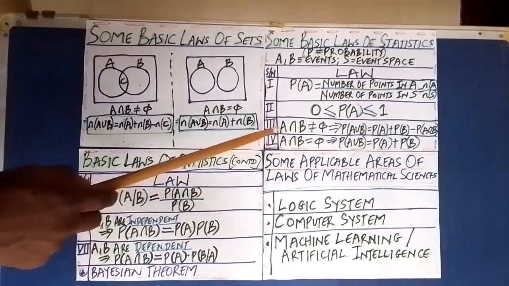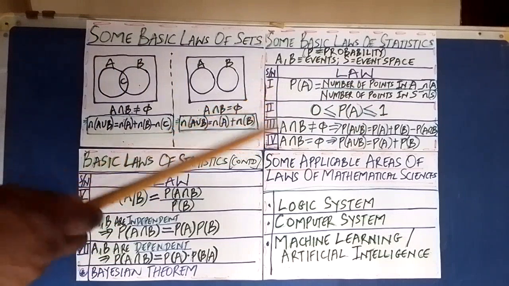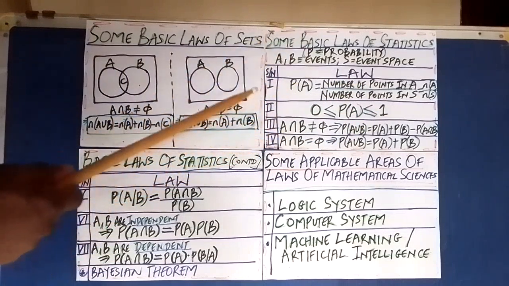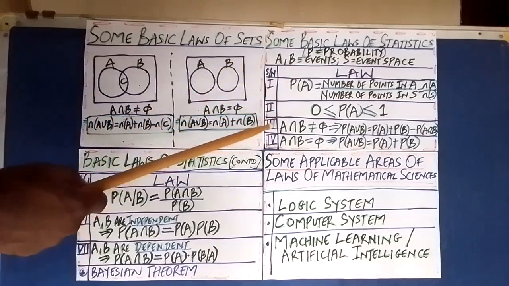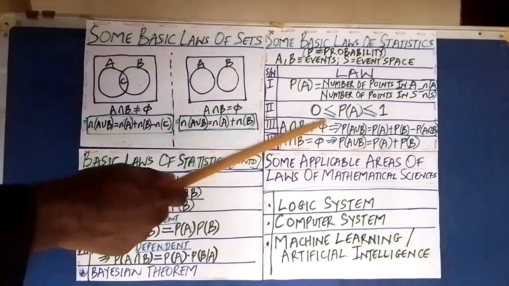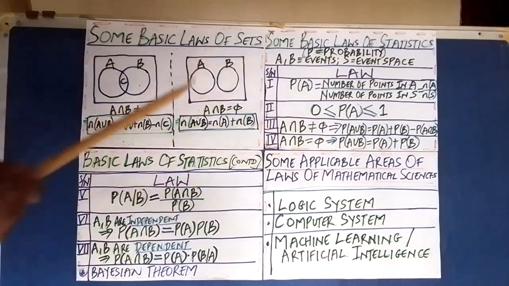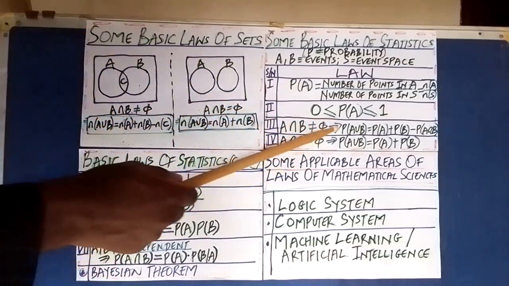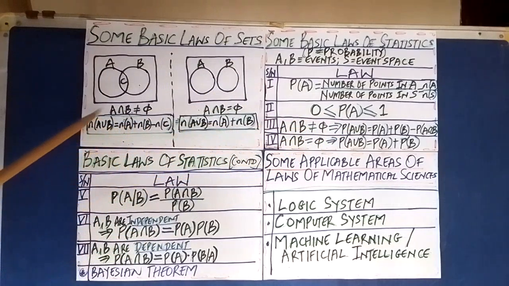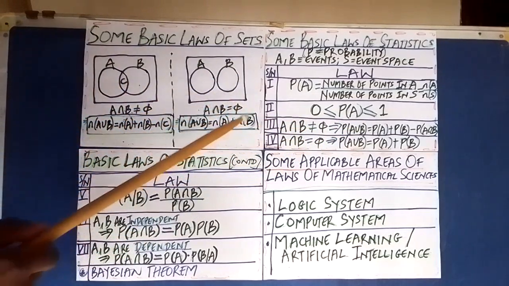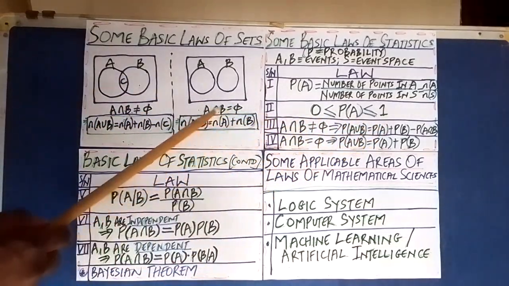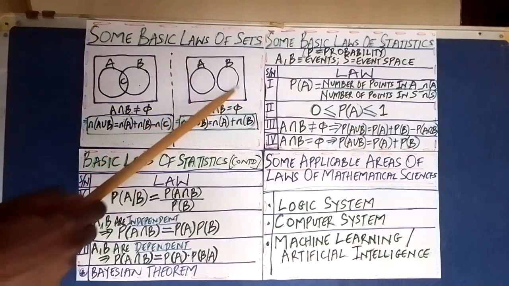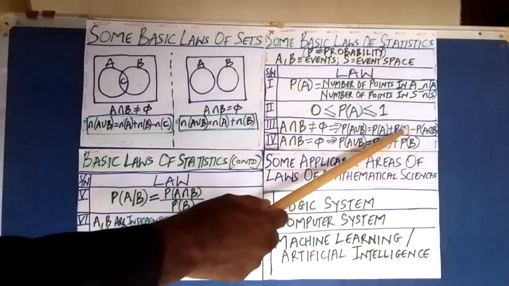We move to the third law of statistics. Technically, it's not necessarily referred to as the third law. So if your A intersection B is empty, just like you have here, the probability of A union B will be probability of A plus probability of B minus,